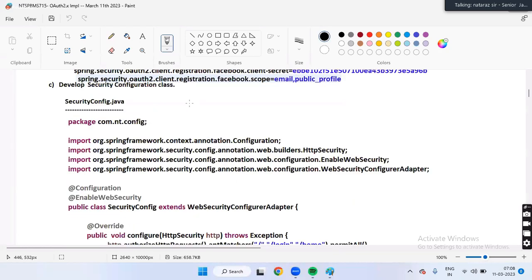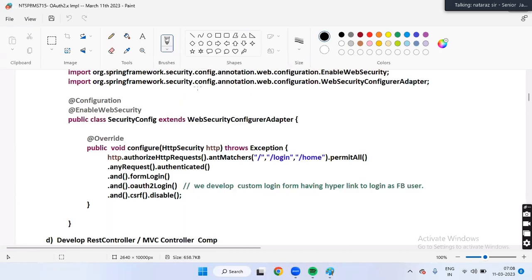Okay, guys, we have written this security config class, with only one configure method. Check it out. http.authorizeRequests antMatchers: if a request comes with URL /, login, or home, permit all. For any other request, authentication is required. Got it? Super. And form login